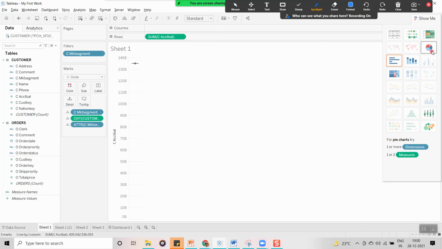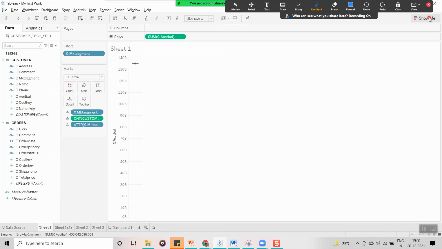From tomorrow onwards, we are going to create sample visualizations. We are going to start with simple things, and after that we have a lot of things in Tableau like groups, sets, bins, parameters, calculated fields. We are going to create visualizations, and along with that we are going to learn all these concepts. Any doubts, guys, on this?